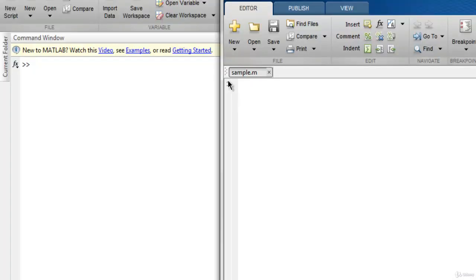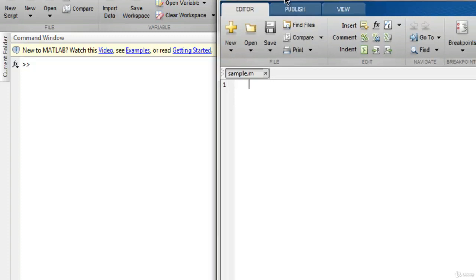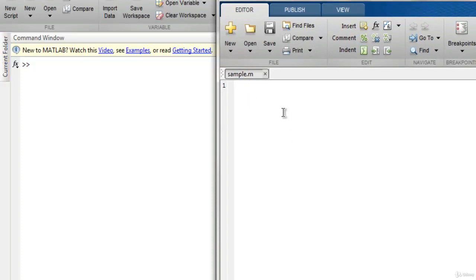Hi there, so in this video we're going to see switch case in Matlab. So I have created this new script in Matlab and here I'm going to write the code. So inside that I'm going to set option to 2 and in switch function I'm going to point to this option. Okay, and inside this I'm going to say case 1 and I want to display, let's say this is 1. Okay, and after that I want to have my second case, case 2, and here I want to display